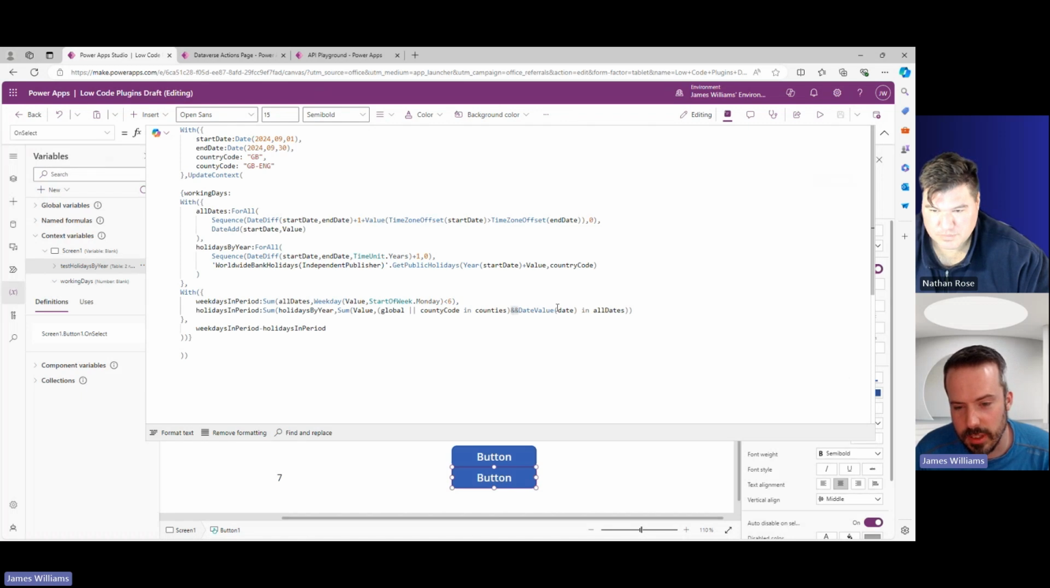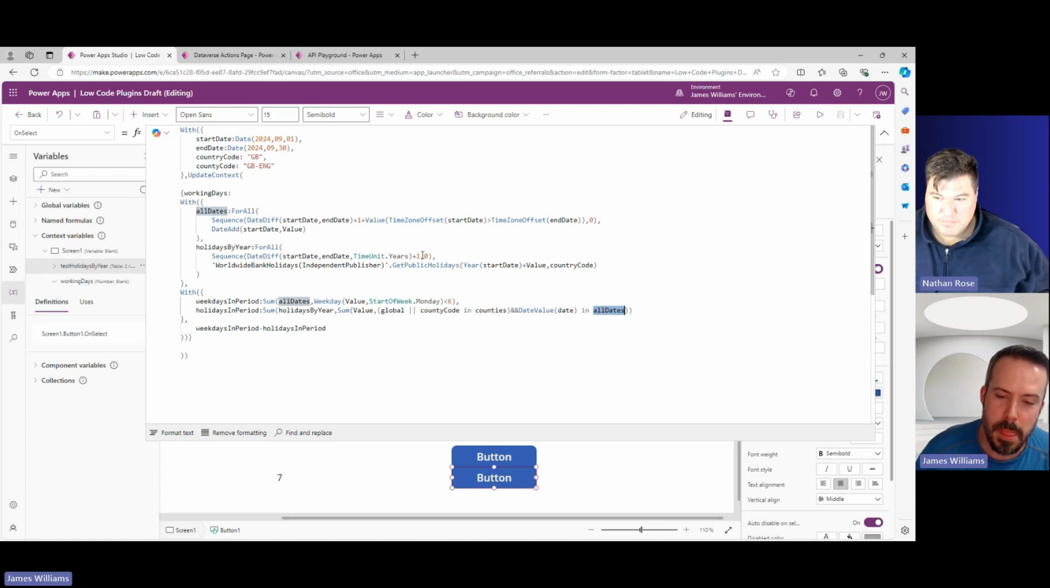So to do that, I've done date value of the date, so that's that date string in the middle. This gives me the date object for that date. So is that date in my all dates table, which is the one I've produced up here? So if all those things are true, that's a holiday in my period. So the last thing that the formula does is take the weekdays in the period and subtract from that the number of holidays in the period,